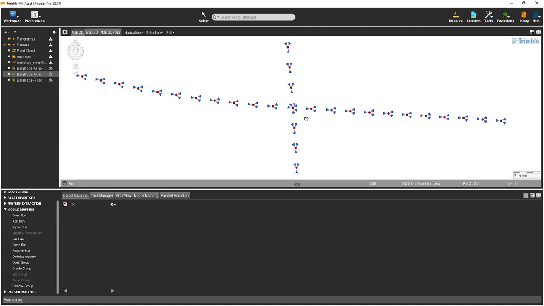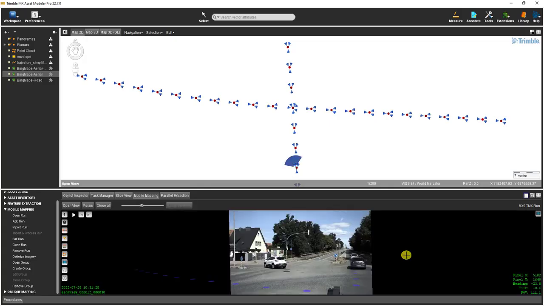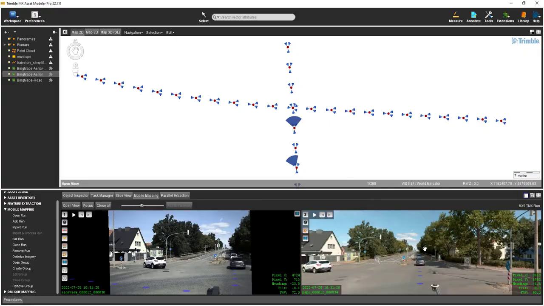To open a mobile mapping view, first select the Mobile Mapping View tab, followed by Open View. And I will click on the image for one of these camera positions, and the image is displayed. It's possible to open more than one view. So with the Open View icon still active, I will click on a panoramic camera position, just a couple of positions to the north, and I can display two images at the same time. To close an image in the mobile mapping view, simply hover over its view icon and then select the X